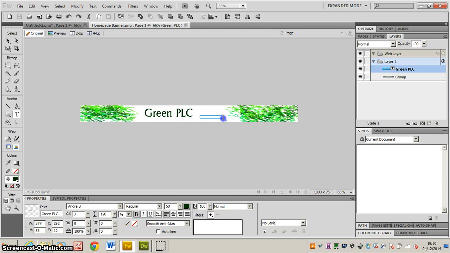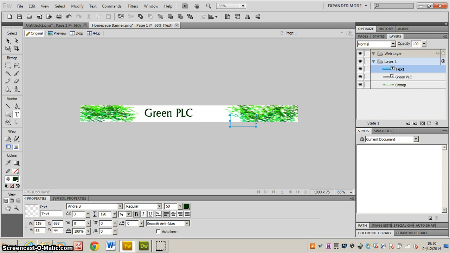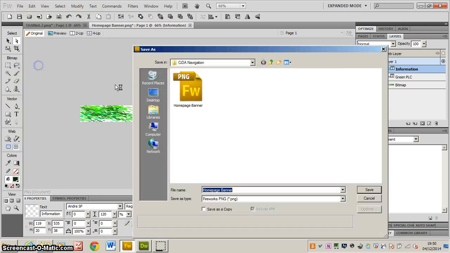And I'm doing something very quick and easy. I'm going to draw another little text box on here, and I'm going to go back to the original links that I had, which were the home page. I had an information page, so I'm going to do information. I'm going to make that a bit smaller, right back down to about size 16, and just drop that in there. So that says information. Do a file, save as, information banner, save it,